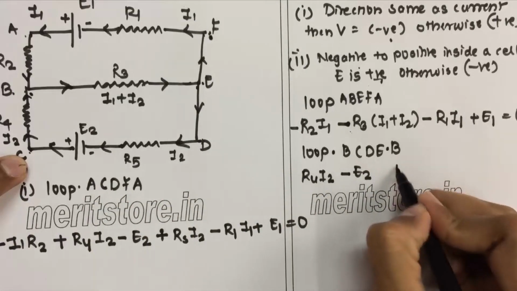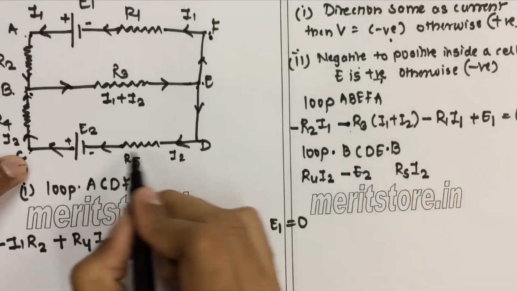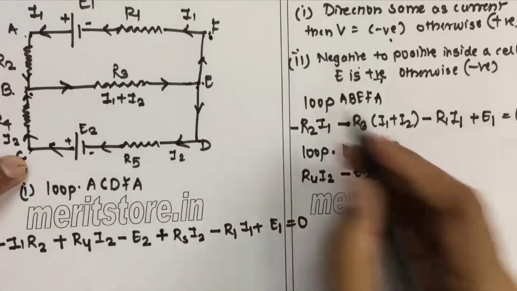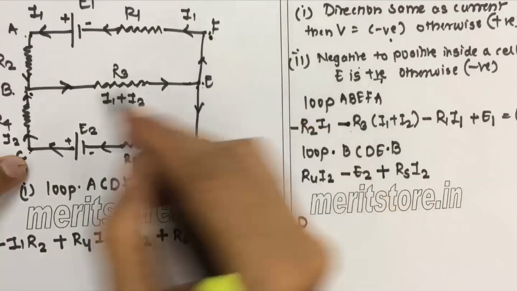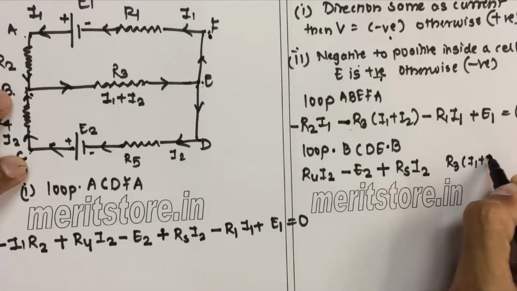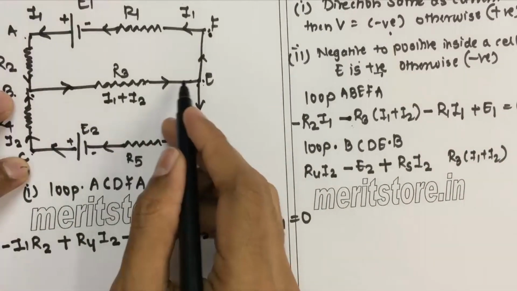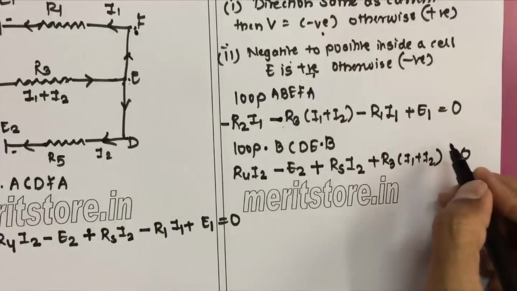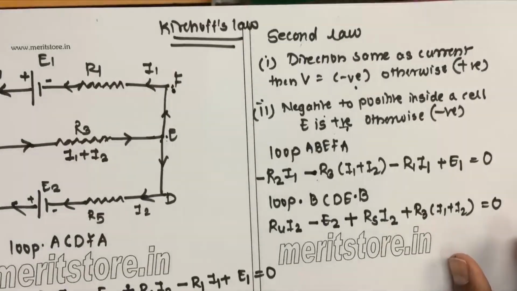Next we move to R5 and I2. R5 and I2 are again in the opposite direction to the current, so this will become positive. We move from D to E, nothing. Then from E to B, we get R3 with I1 plus I2. This is in the opposite direction to the current, so this will become positive, which equals 0. This is the way you are going to